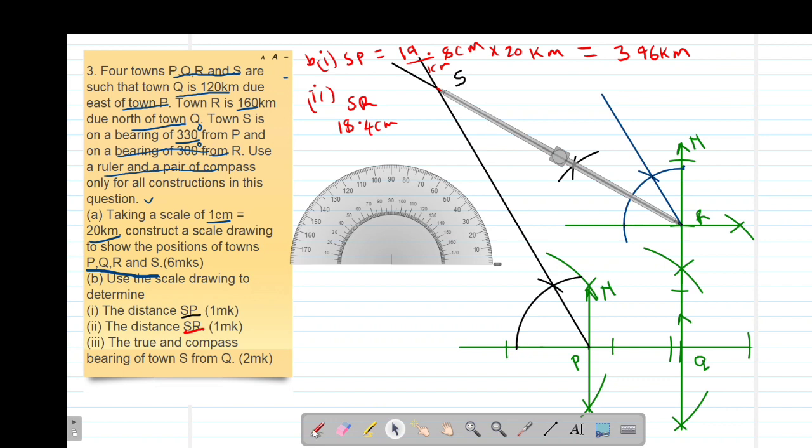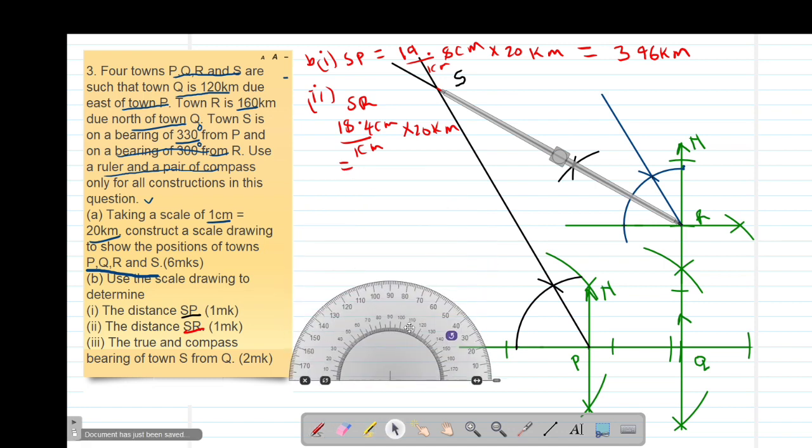Let me verify. Yeah, 18.4 centimeters. If I convert on my scale, I'm simply going to multiply by 20 kilometers over 1 centimeter, which is going to give me 18.4 multiplied by 20. I'm going to get 368 kilometers. Then Roman 3 of the question, I'm told to find the true bearing and the compass